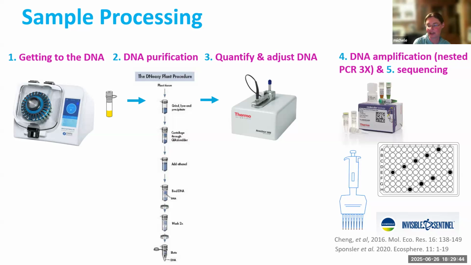So the PCR amplification is photocopying that target piece of DNA that I'm interested in. We have three rounds of PCR that make up our method, and basically they each do a different thing. The first round of photocopying is literally just making more of that target piece of DNA of whatever plants are in there.